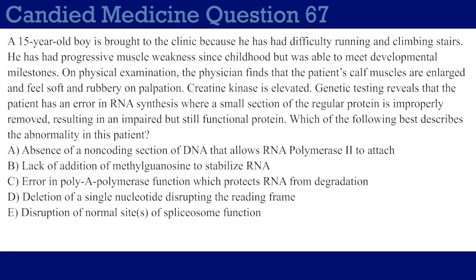A 15-year-old boy is brought to the clinic because he has had difficulty running and climbing stairs. He has had progressive muscle weakness since childhood, but was able to meet developmental milestones. On physical examination, the physician finds that the patient's calf muscles are enlarged and feel soft and rubbery on palpation. Creatine kinase is elevated. Genetic testing reveals that the patient has an error in RNA synthesis where a small section